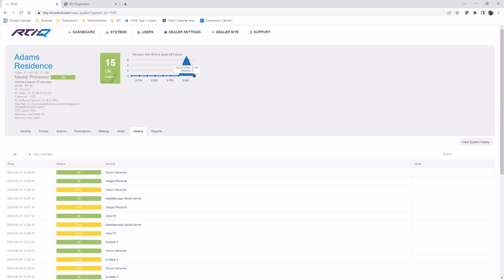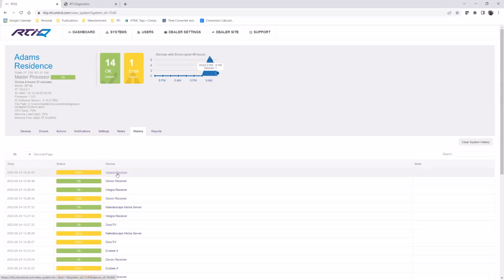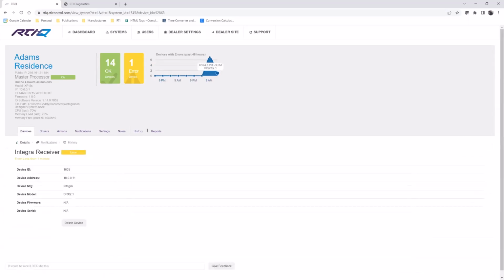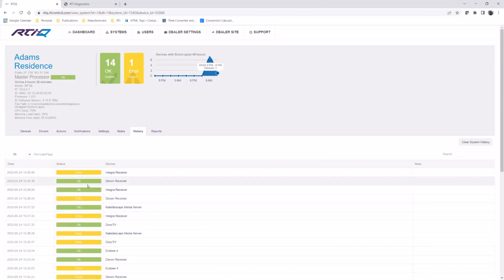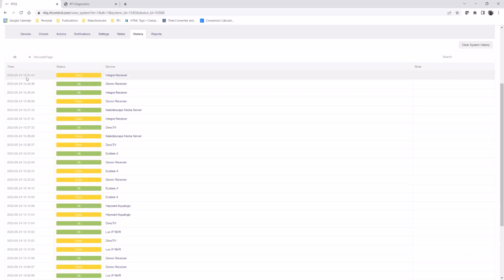And the reason I say it's a very vital piece is because it will give you information about what is going on in that system. So if I were to click on, say, this Integra receiver and go to the history of it, it would essentially show me all the information about when it was offline, when it was online. And you can search specific things. So if I were to type in Integra